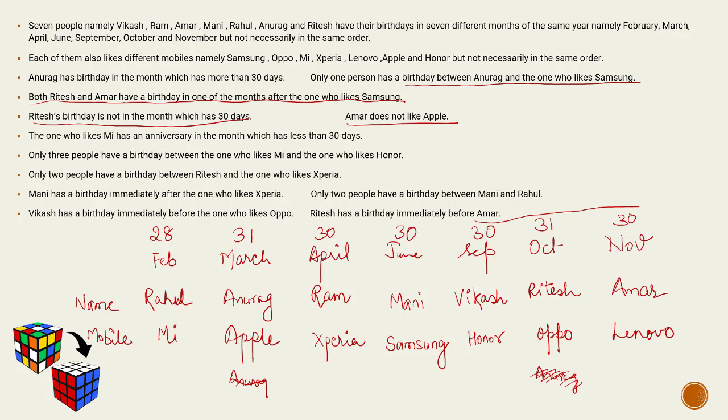After reading the question, it is very essential to determine what has to be my primary parameter. What should be my primary piece of information according to which I have to arrange the data. So when you read the sentences here, you see a lot of data has been given in accordance with months. Like you can see here, months which are less than 30 days, more than 30 days, so the data here was given according to months. So we kept month as our primary parameter and then matched name and mobile. Let's see, let's move forward to another question.